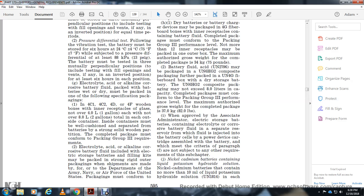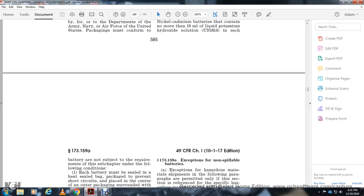Nickel cadmium batteries containing the liquid potassium hydroxide solution. Nickel and cadmium batteries that contain no more than 10 milliliters of liquid potassium hydroxide solution, UN 1814, and each of the batteries are not subject to the requirements under the following conditions. Each battery must be sealed within a heat-sealed bag with packaging to prevent the short circuit of